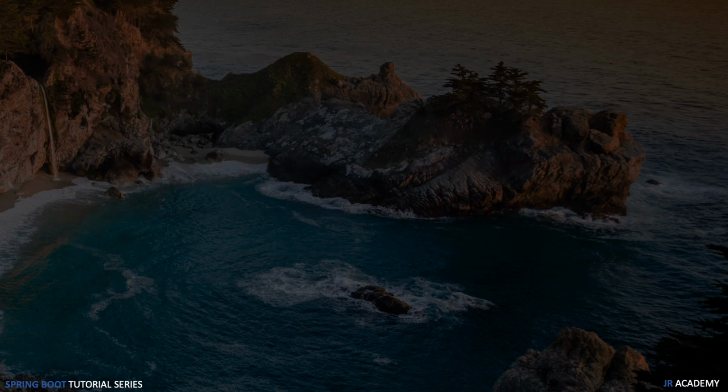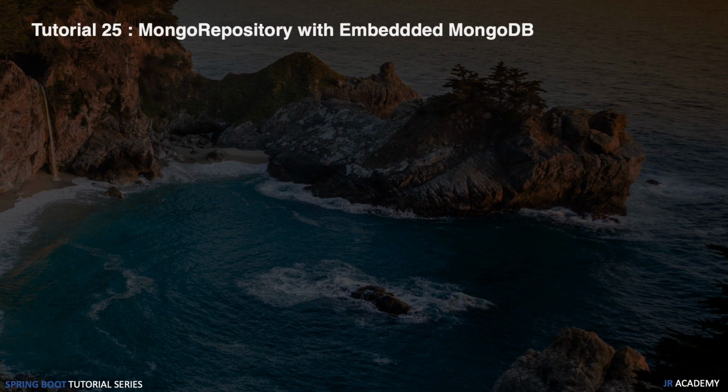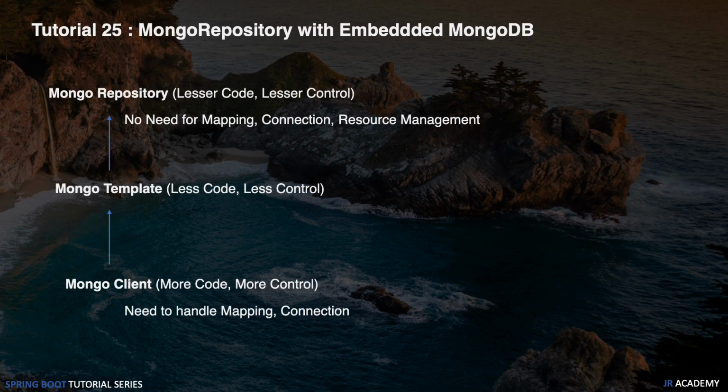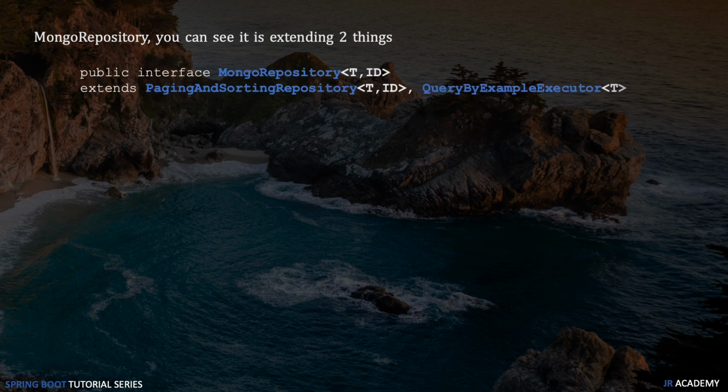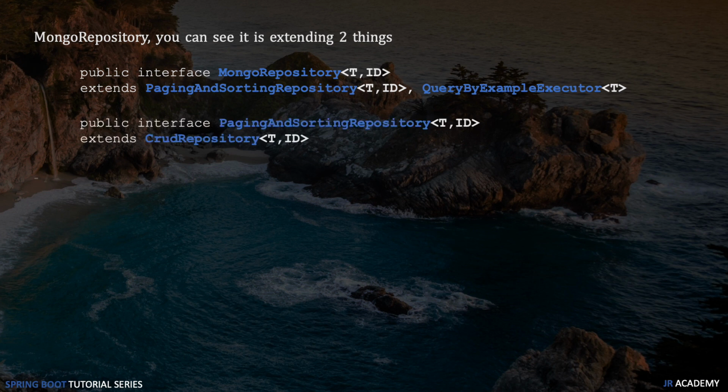So today in this tutorial, we will look into MongoRepository, which is one more layer on top of Mongo template. If you open MongoRepository, you can see that it is extending two things. It is extending PagingAndSortingRepository, and the second one it is extending is QueryByExampleExecutor. And this PagingAndSortingRepository extends CrudRepository internally. So that means we will have all the methods related to CrudRepository and all the methods related to paging and sorting. And let's go to Eclipse and create a CRUD operation to understand how we can use this